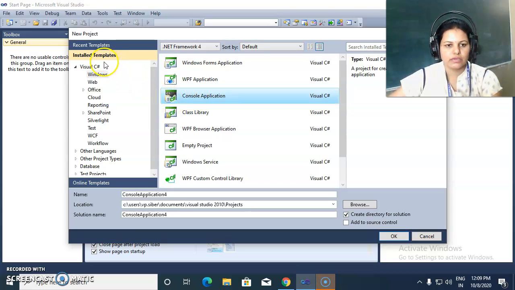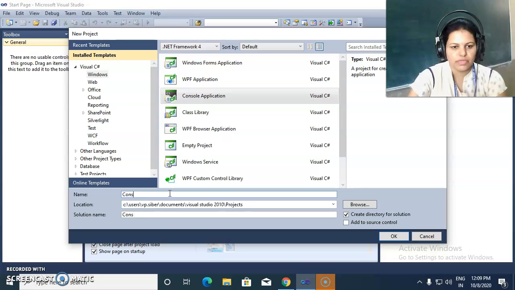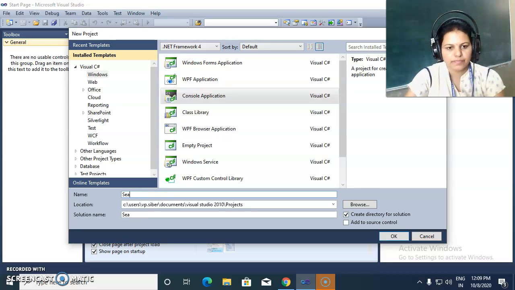So we create one console application project and I'm giving the name as search demo.